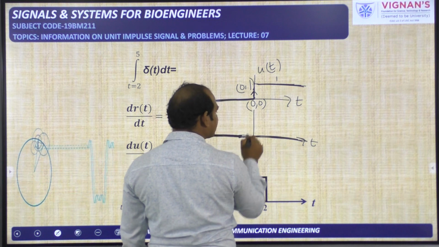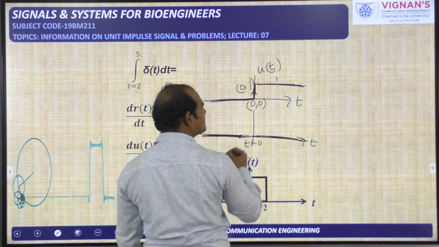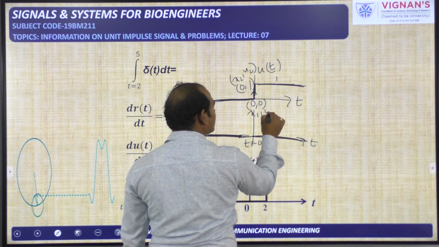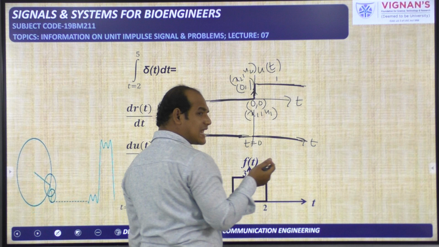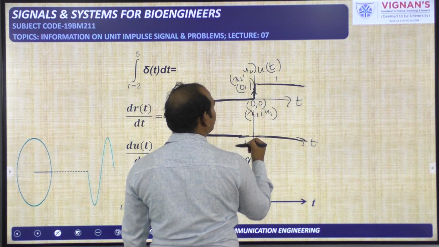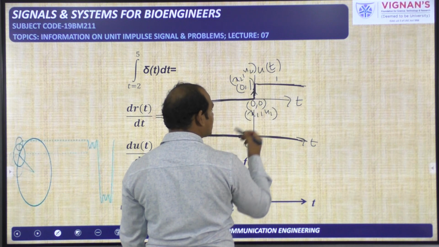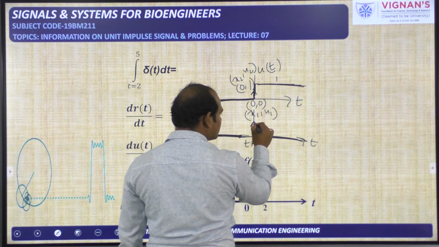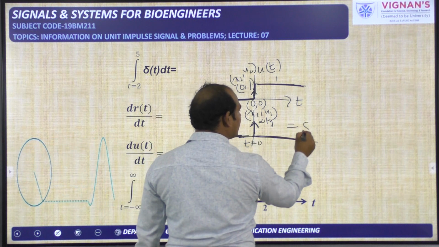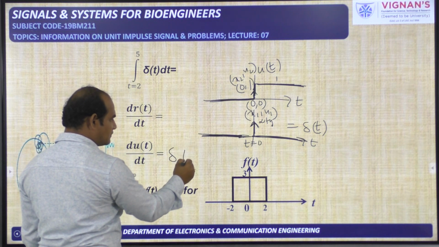But what is happening at exactly t is equal to 0? What is happening here? This discontinuity is there. This is x2 comma y2 and this is x1 comma y1. Doing the derivative is nothing but calculation of the slope only. So find the slope for these 2 points. That is y2 minus y1 by x2 minus x1, that means 1 minus 0 by 0 minus 0, that means 1 by 0. 1 by 0 means you will get infinity amplitude. Now the resultant signal is looking like del of t. So derivative of u of t is producing del of t.